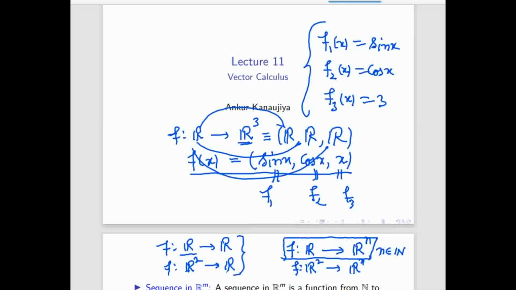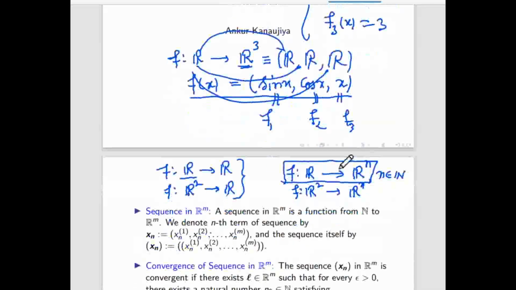Even if it is multivariable, like two variables, R to Rn, you can take each component as a multivariable function and apply all those things we learned so far. So here you only have to see how to deal with the vector valued function. Any vector valued function you can break into single variable functions. If it is R to Rn type, then you can break it into R to R type.